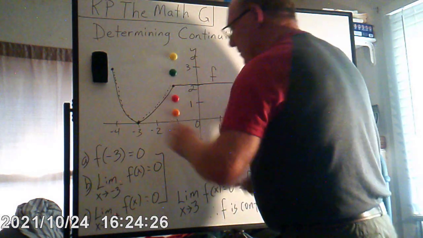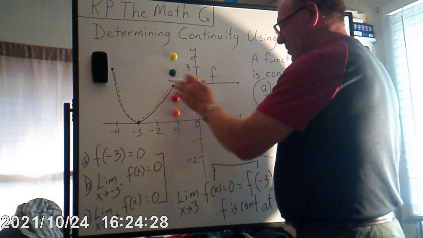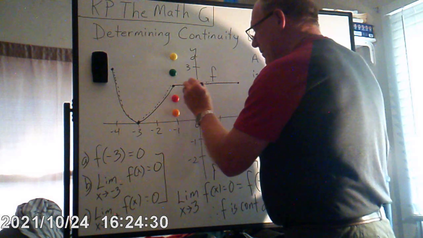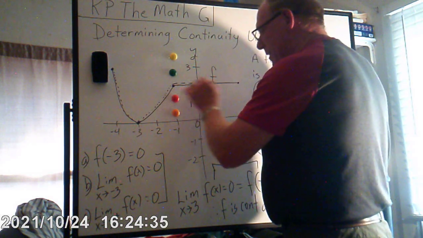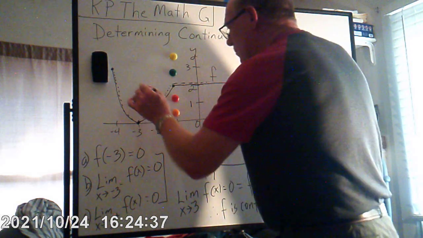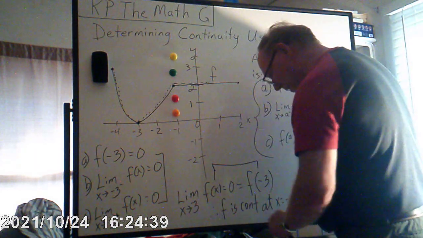Continuity from the left side is at 2. Continuity from the right side is, actually the limit is 2. The limit is 2. So we know then also that the limit,